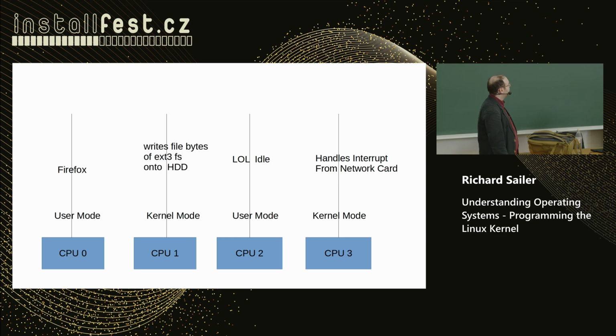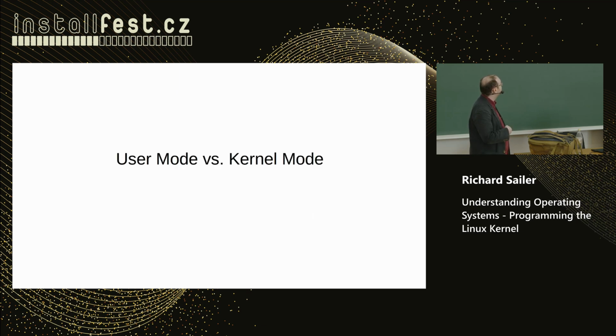and switch back and forth between kernel and user mode. This is actually quite an improvement. Like 20, 25 years ago, there was one big kernel lock, so only one processor could be in the kernel, and when it had this lock, no one else could do kernel stuff. But when they realized multiprocessors are a thing, Linux said, okay, we have to develop, and then they started to introduce way more fine-grained locking for every data structure and every socket. And this has now been working like that for like 20 years.